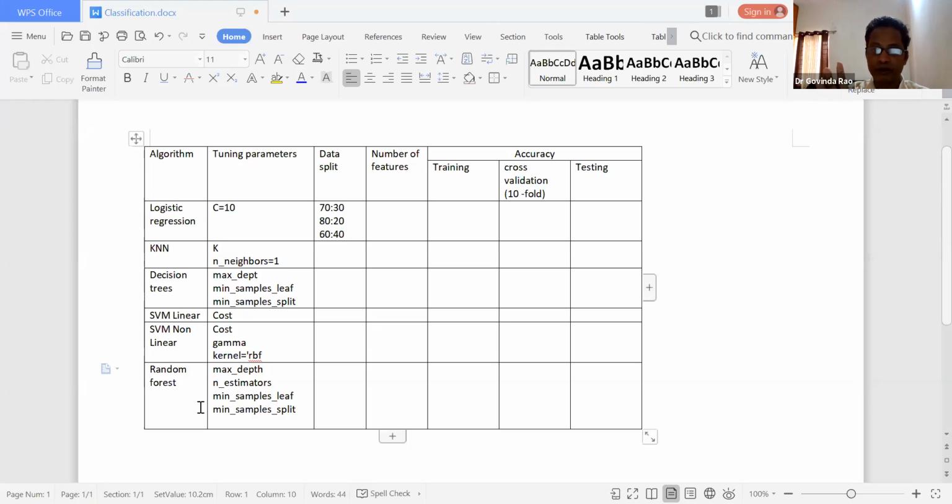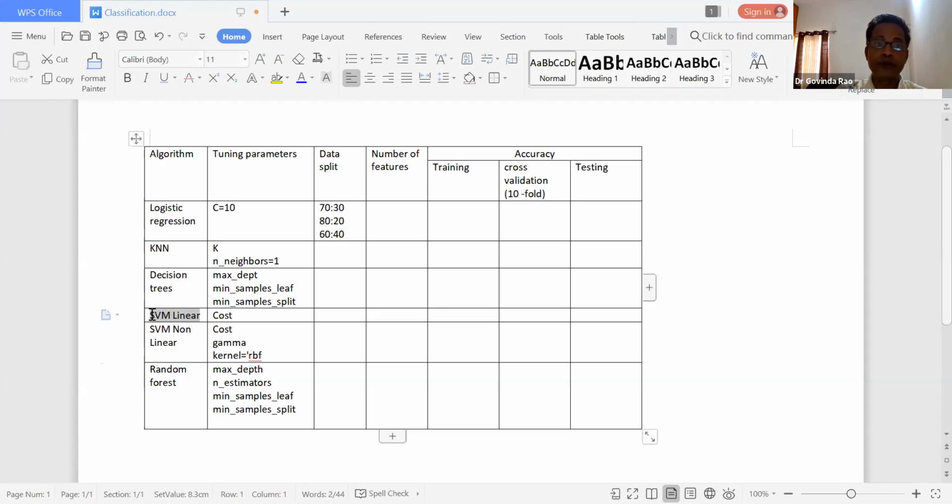Once you do the data modeling, if your data is linearly separable, suppose now we are considering the coronary heart disease data. We check whether my support vector linear classifier is going to classify or not. If you are achieving very good accuracy, then we could say our data is linearly separable. So here, support vector linear model is the linear classifier.